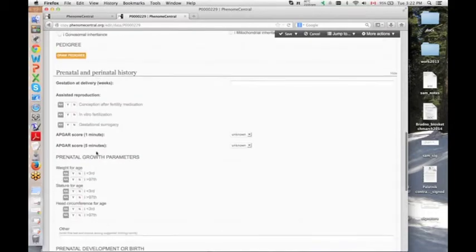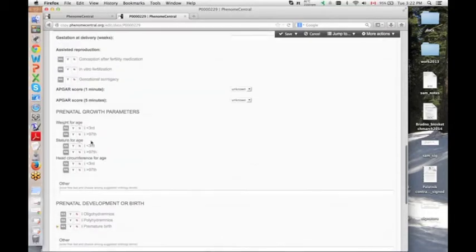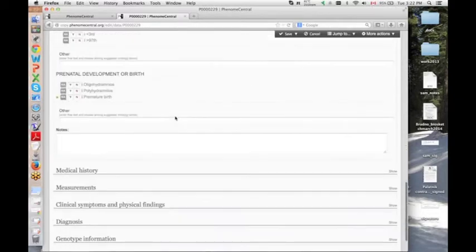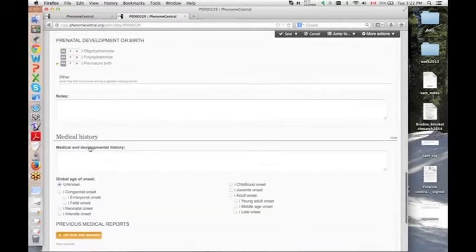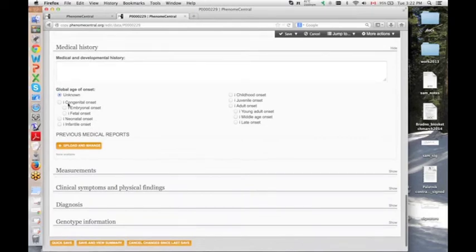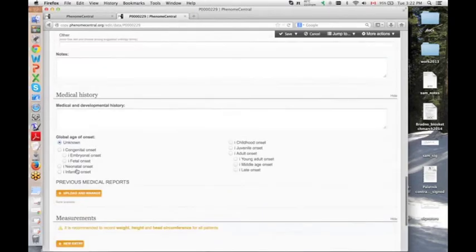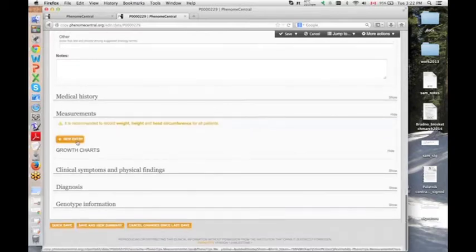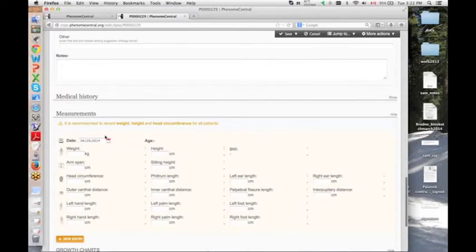You can then write down the prenatal and perinatal history, so including things like assisted reproduction, Apgar scores, weight for age. Then you can get into the medical history, which is the global age of onset for the condition. And finally, the measurements. So where we say it's recommended that weight, height, and head circumference are recorded, so we can go in